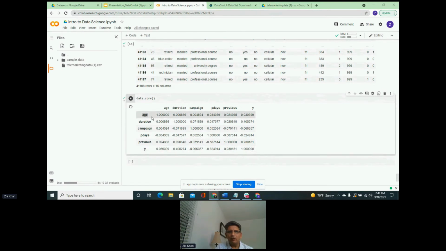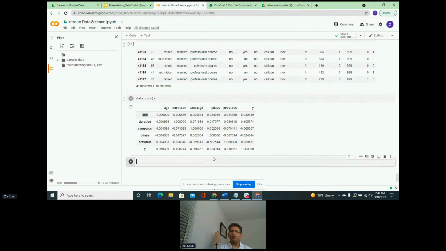So now what we have done is we have figured out that for us, duration is one of the features that has a higher relationship with the target y. We are going to pick duration, but let's pick one other feature, age. We just want to see how age is going to perform. We are going to use these two features to build our model.